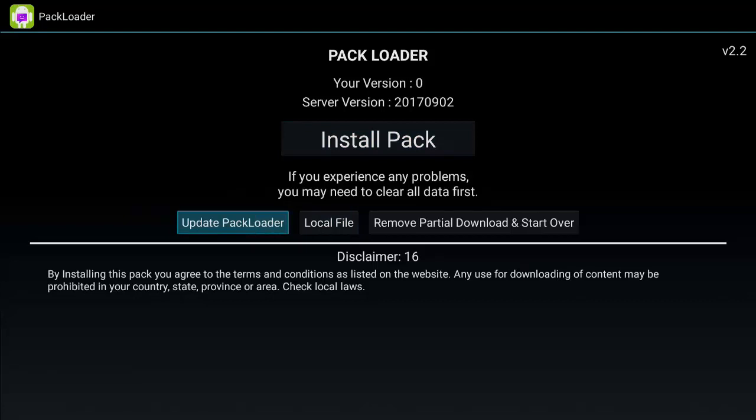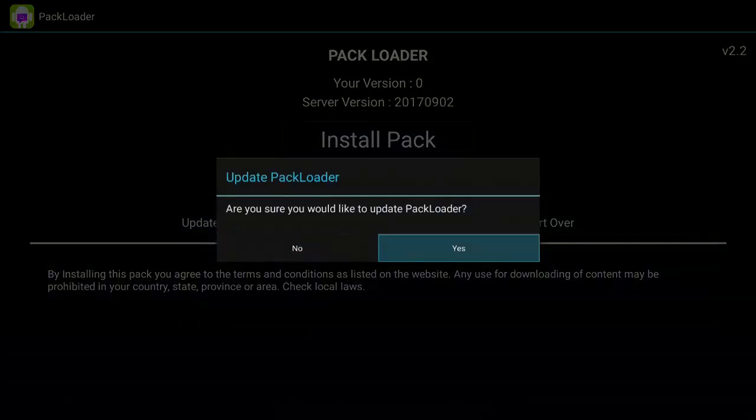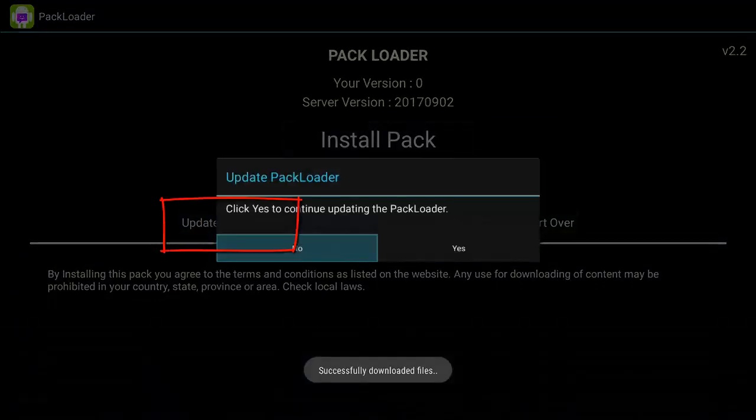So we're going to update the pack loader. This button is only for updating to the newest version of the pack loader. So if you ever get told that you're on an old version of this program, which on the top right hand corner you can see the version number. If yours does not have a version number, that means that you're on an older version than the one that I'm on right now. But we're going to go ahead and update, so click on that and then hit yes, and then hit yes again,